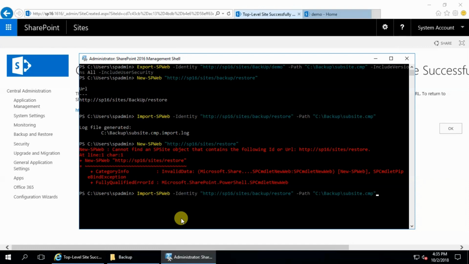Now run Import-SPWeb, and the target URL is this site slash restore, and my backup path is the subsite file. Okay, hit enter. It will take a few minutes to restore to the new site. Okay, the command is finished and there is no error or warning.